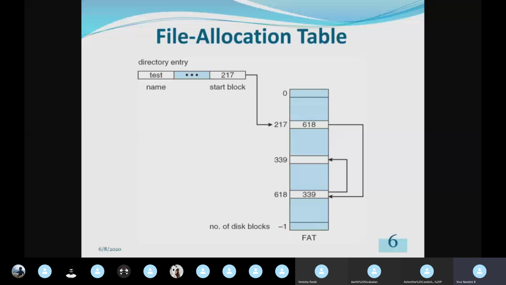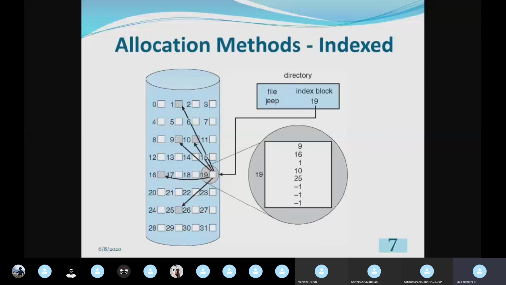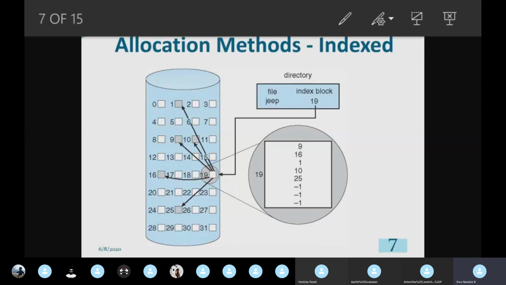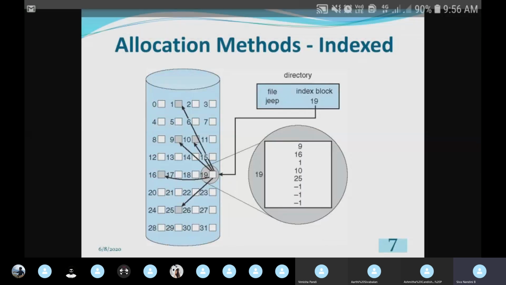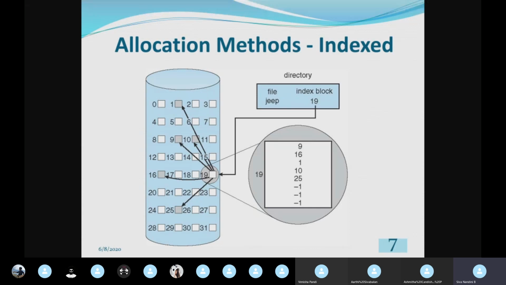The file allocation table contains a pointer to the next logical block. So till now, in file allocation methods, we saw contiguous file allocation and then linked allocation. Next we are going to see indexed allocation. In this indexed file allocation we will have an index block.